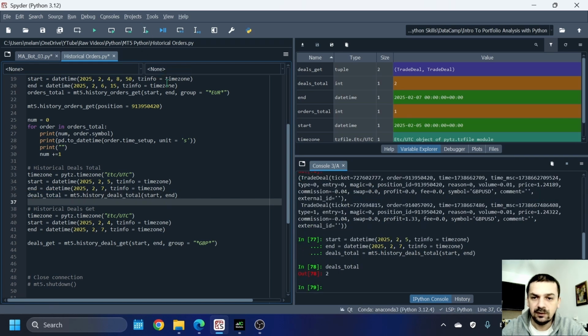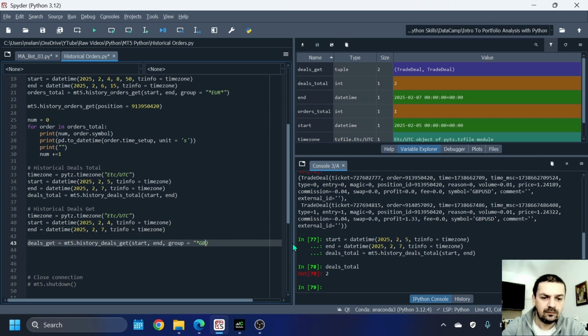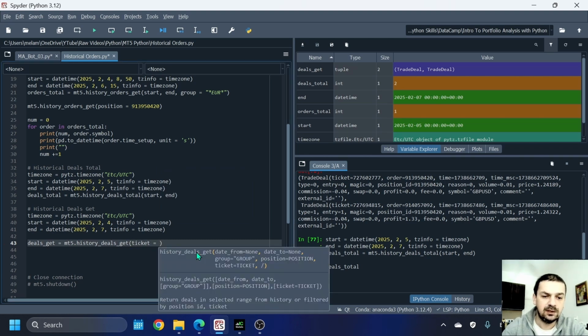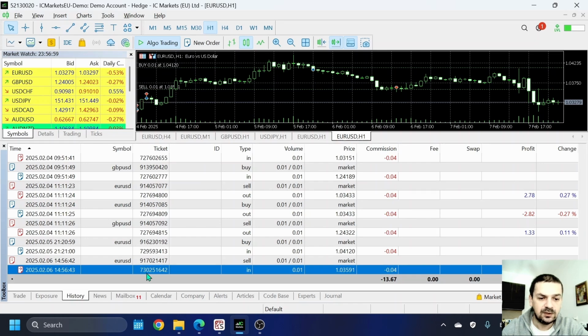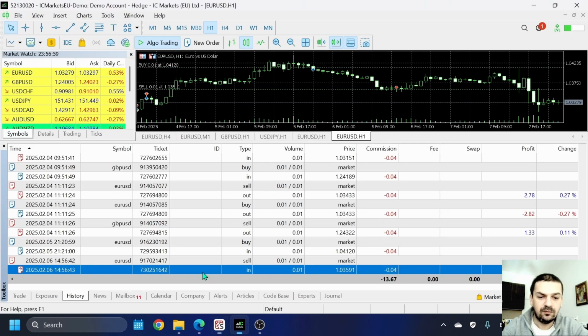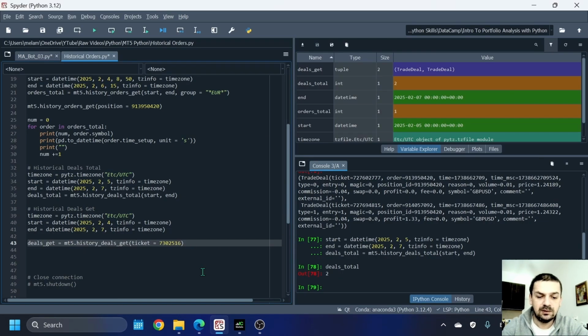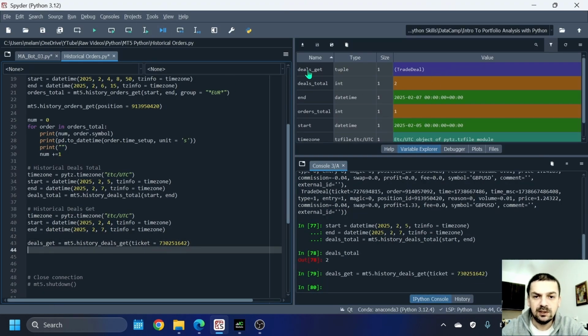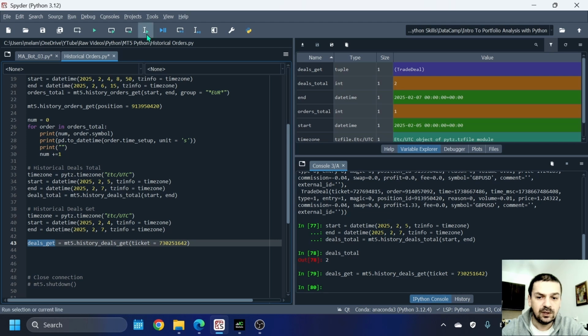Let me take a look at these two deals from the deals total. Okay, I'll remove the filter just to show you how to work. Actually, let me directly use the ticket from MetaTrader 5: 730251642, I think. And if I run this one now, you can see that it retrieves information for a very specific